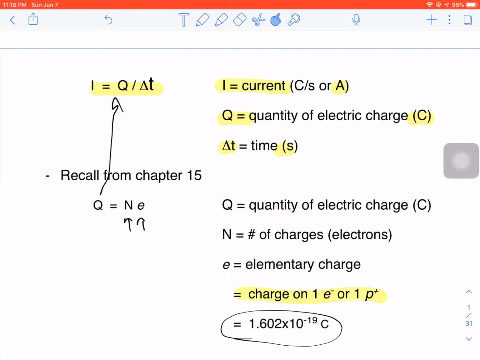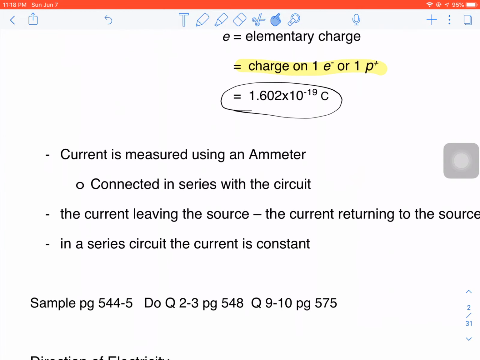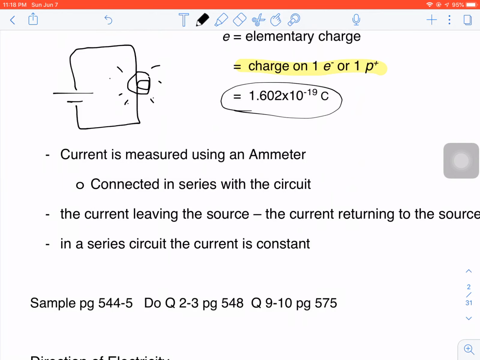Okay, so if we keep on going down here, we typically measure current by using an ammeter. So if I've got a circuit, I'm just going to draw a circuit here, a very simple one. Put a bulb in here. And the bulb is on. Okay, now if I want to know how fast the electrons are moving through that circuit, I can,